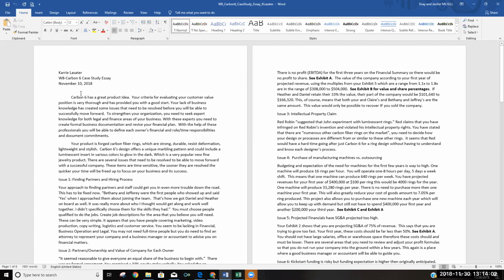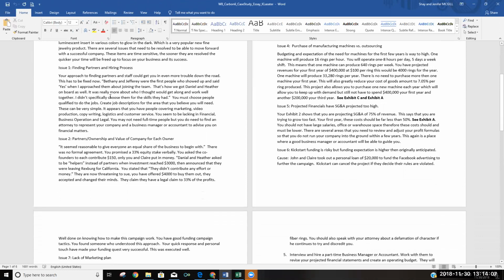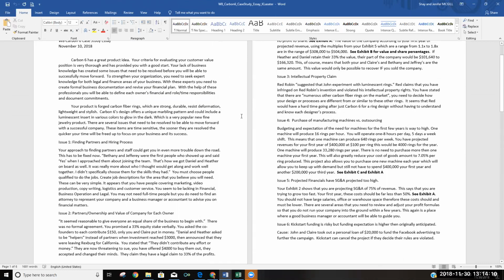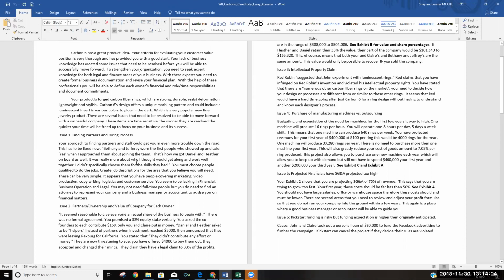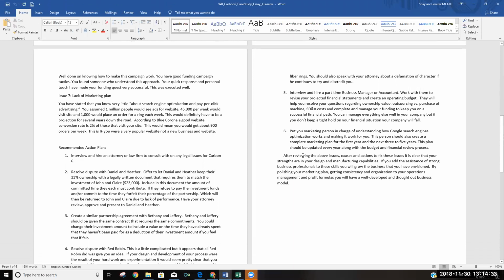So anyway, let me tell you about this essay. The thing I liked about it was content. I like the fact that it's very orderly, with issues being highlighted, the main idea here, and then the bulk of the paragraph talking about that main idea. So it's very easy for me to assimilate, read and understand. Then when she comes down here to her action plan, she gives it in a very nice, orderly six-point way. And then she makes a decision, which is what we're supposed to do.